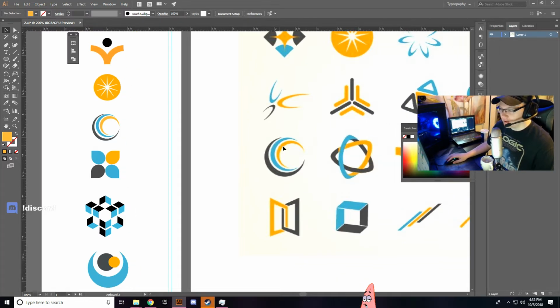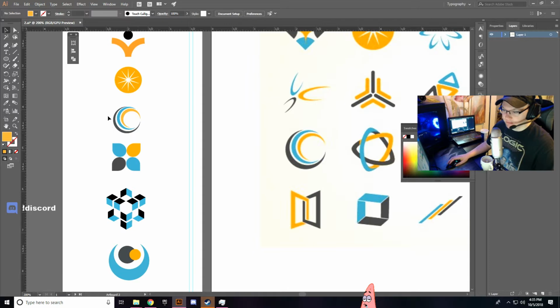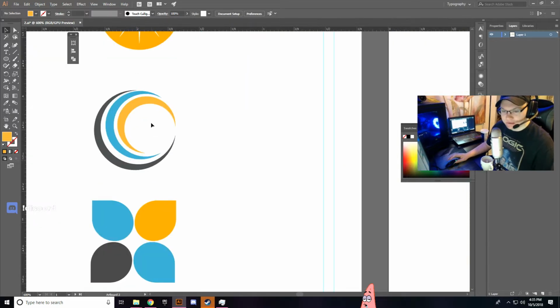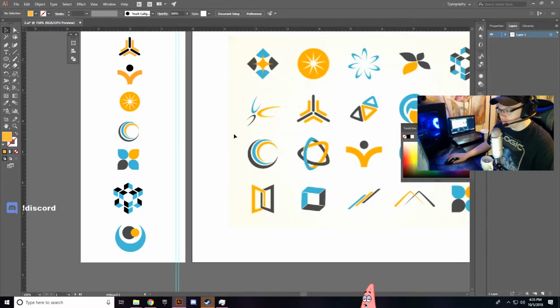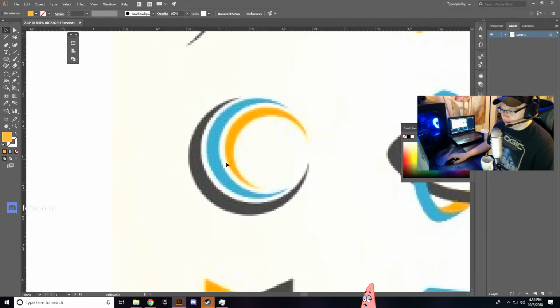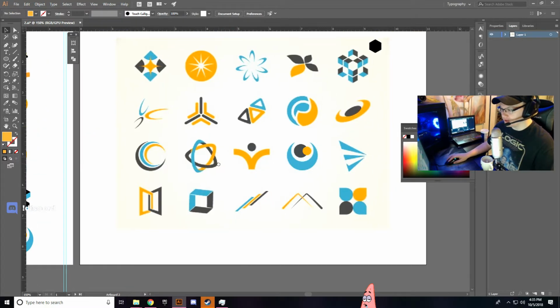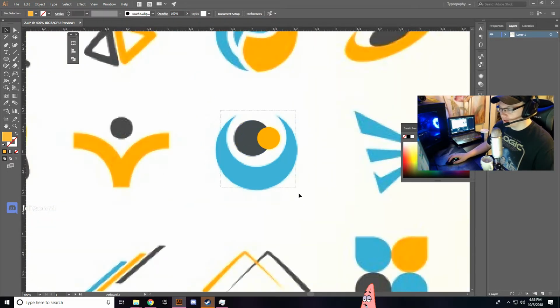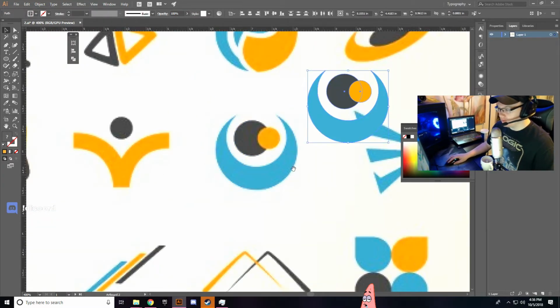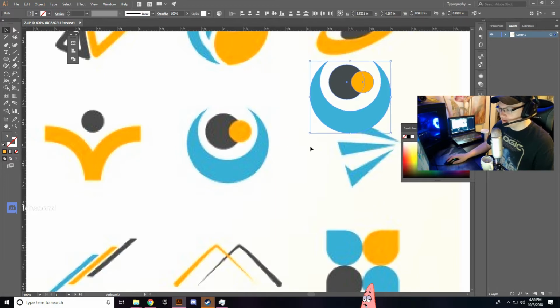So I've had a lot of questions about how to use the shape builder tool and how it's different from Pathfinder and everything like that. So what I'm going to be teaching you guys is how to make a few of these logos, particularly this one right here, because I feel like it's the more complex one using ellipses and the shape builder tool and stuff like that. So first of all, I'm gonna do this one right here for you guys, which is really